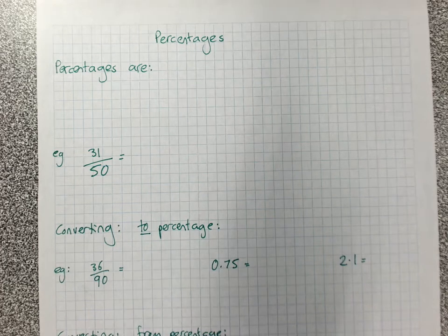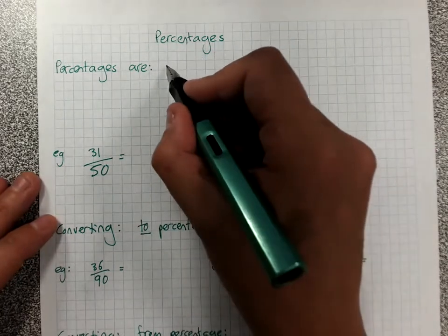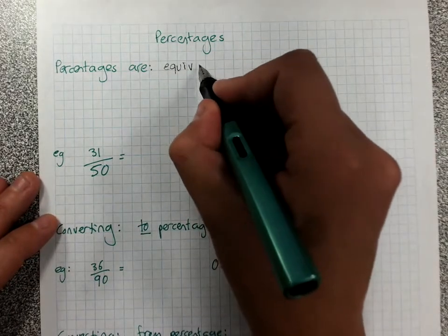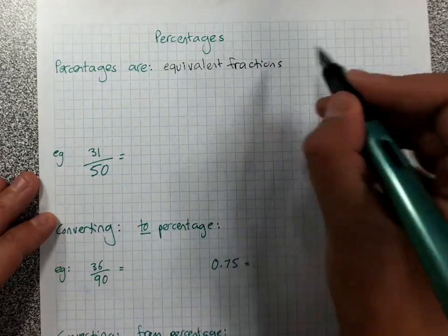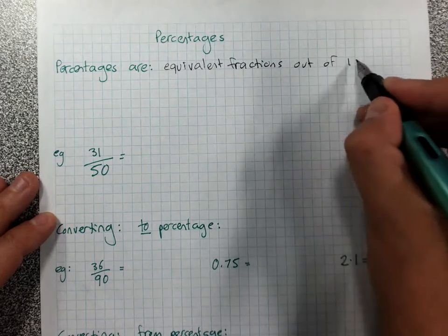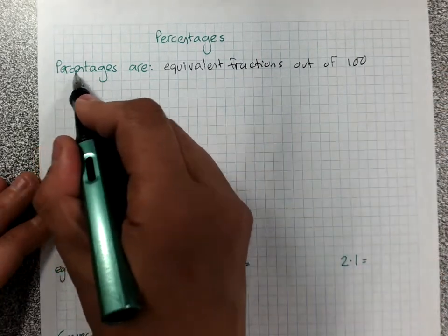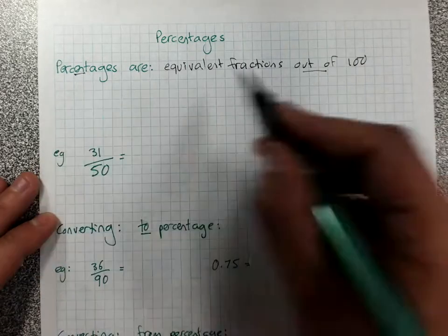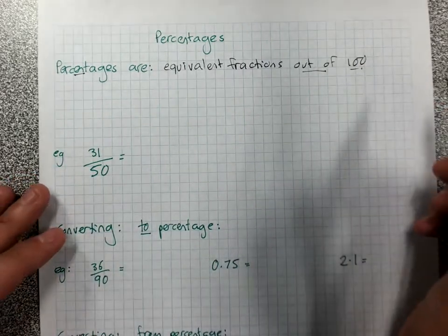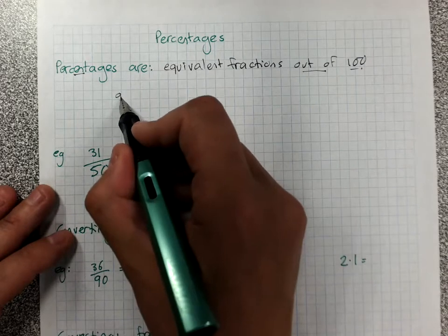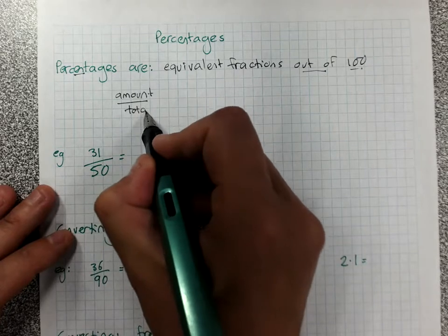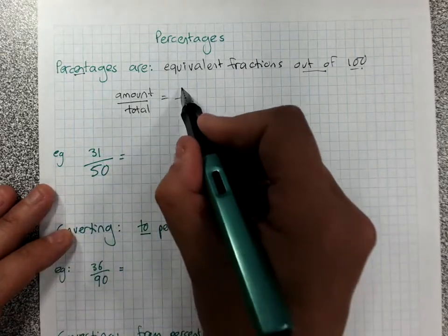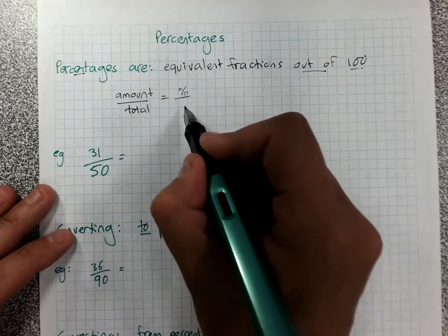An overview of percentages. It's really important to remember that percentages are equivalent fractions out of 100. Percentage means per cent, out of 100. So for example, any percent will be an amount out of a total that we have got to be an equivalent fraction of a percentage